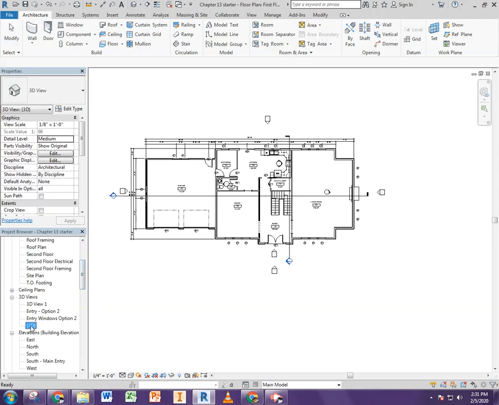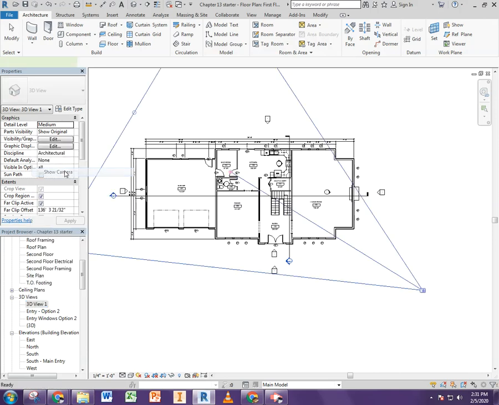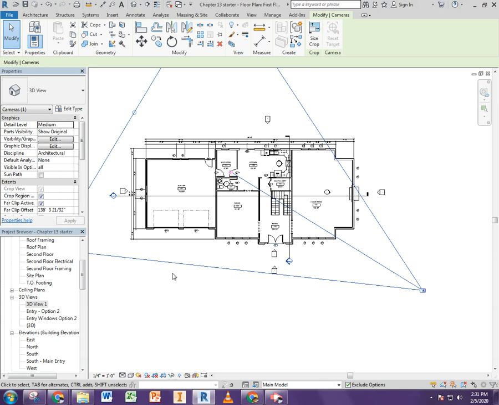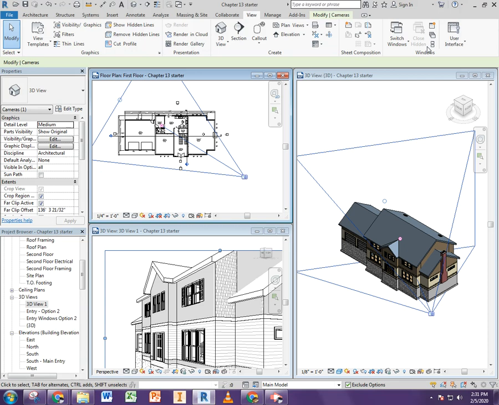And what you have just done is you created a new 3D view, which is this. So I'm going to right click and say Show Camera, and it brings this back up. So I'm going to tile my views, which I suggest you do that too. And what I want you to notice is,